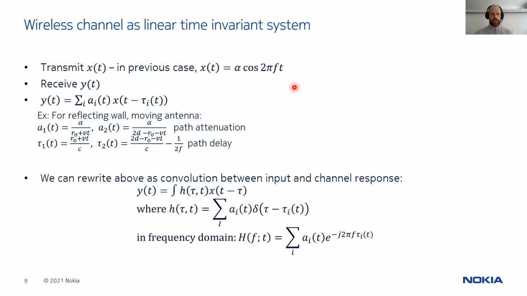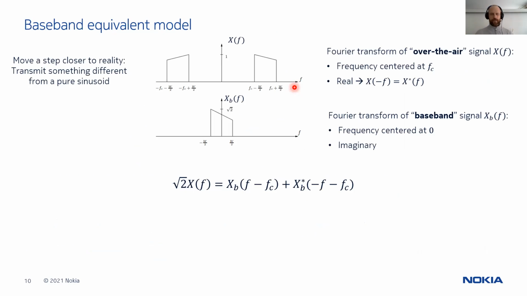So, well, we said many things, and we basically went from transmitting a sinusoid over the air to a much more, let's say, convenient model, which is baseband. What does it mean, baseband? Basically, whatever happens over the air is over a certain frequency, right? The baseband is around frequency 0. And why? Well, because it's more convenient to treat baseband signals rather than over-the-air signals.